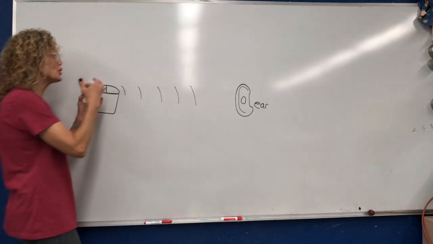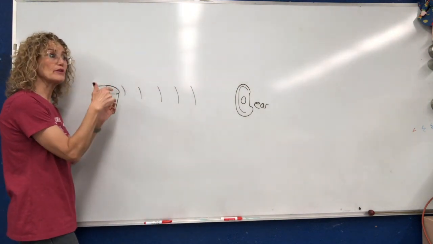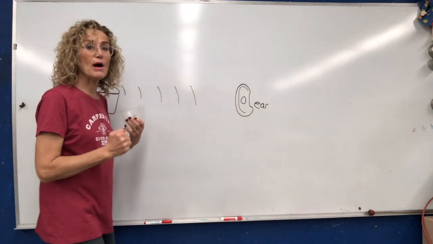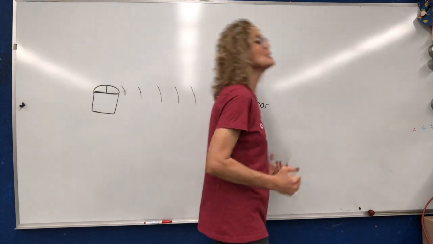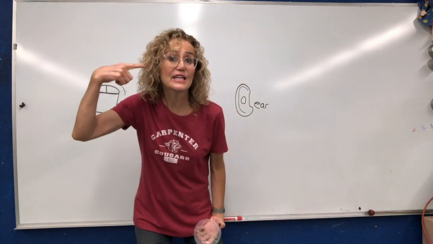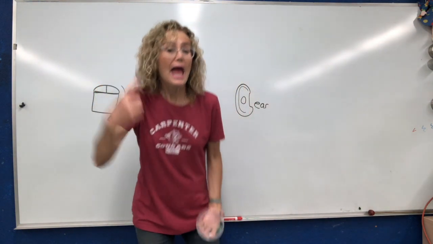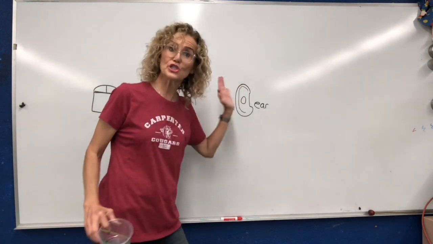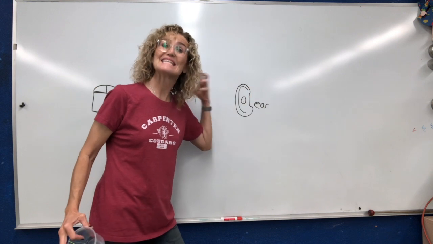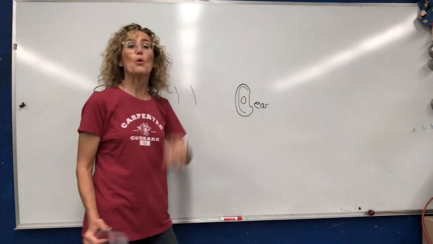It pushes on the air around the rubber band, and then that air molecule pushes into the next one, which pushes into the next one, which pushes into the next one, which gets finally to our ear. Our eardrum then receives that pushed air molecule and that sound wave, and we hear.